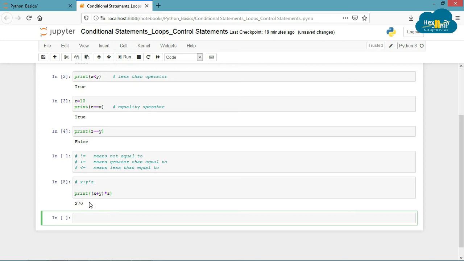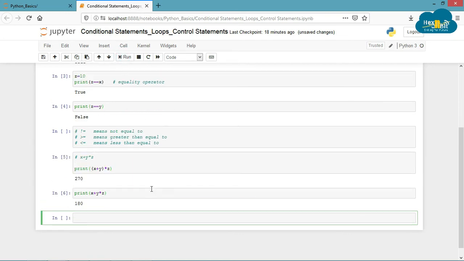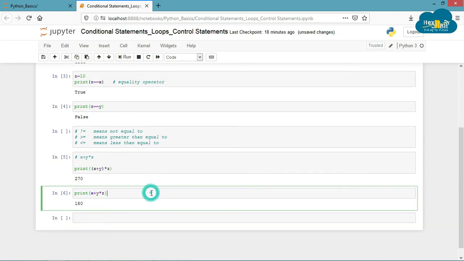This will give you a result 270, whereas if you write it like x plus y multiplied by z, it will result in 180. I hope you have understood this difference. You may practice some operations on your own to get familiar with it.